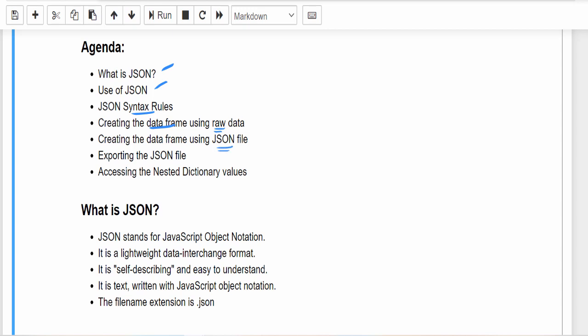After creating the data frames, we will learn how to export it. At the end, we will learn how to access the nested dictionary values. This last topic is literally important for interview purposes. In order to understand this particular topic, you must know all the basics.